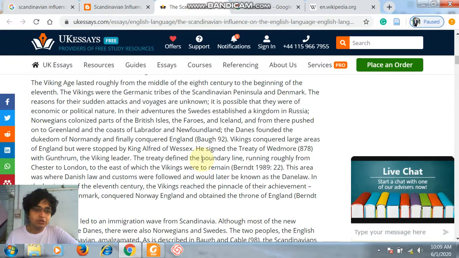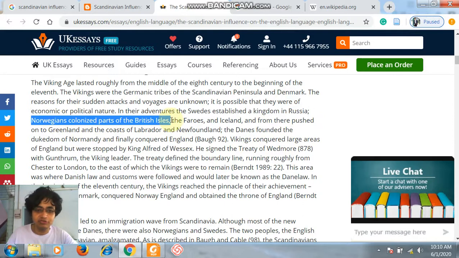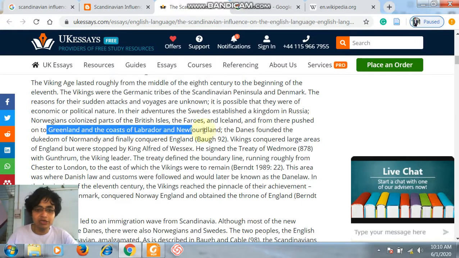These Germanic tribes of the Scandinavian Peninsula and Denmark came to Britain around the 8th century, and the reasons for their sudden attacks are unknown. It is possible that they were of an economic and political nature. In their adventures, the Swedes established a kingdom in Russia. Norwegians colonized parts of the British Isles, the Faroes and Iceland, and from there pushed on to Greenland and the coasts of Labrador and Newfoundland. The Danes founded their dukedom of Normandy